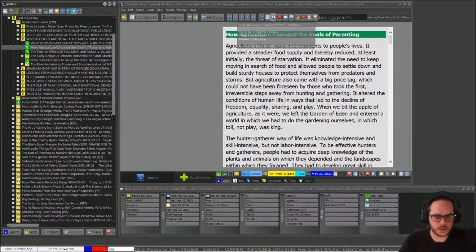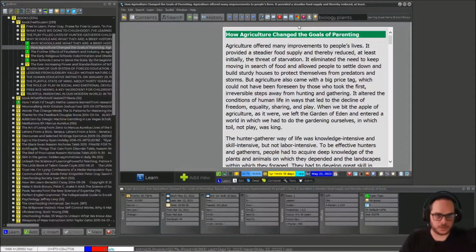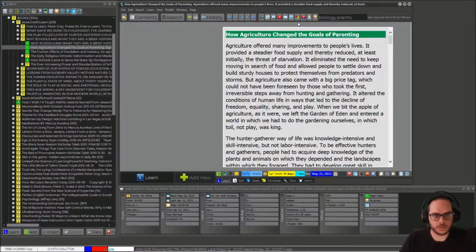Oh, let me pick. Oh yeah, Free to Learn, gotcha. And I move on. In order to do this, you will need to select the hints. Now, if it's not enabled, you will see that it's not working. So keep in mind to always have the hints on, and now you're good to go.